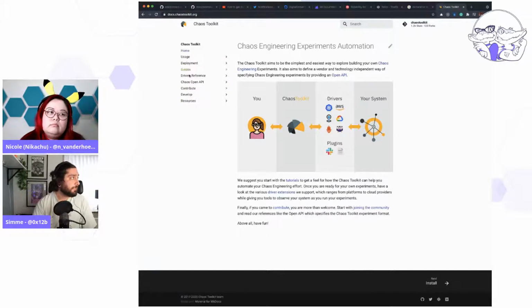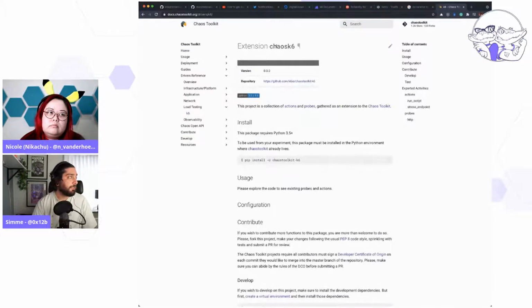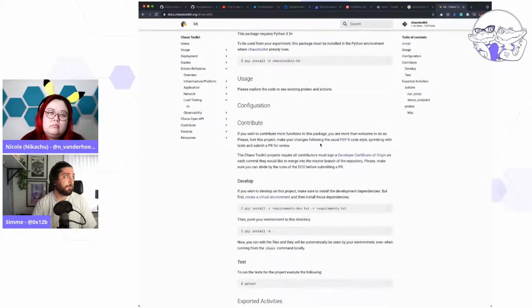And let's see if I can just find the... Here we go. So we have an extension called Chaos K6, which you can use as part of your Chaos Toolkit experiment to either induce load or to stress an endpoint or something like that. But you can also use it just as probes to make sure that, for instance, throughout the chaos experiment, you still want a certain number of users to be able to access your application, and you want them to get a successful response. So it's basically kind of the same thing that you're doing with XK6 Chaos, but with the